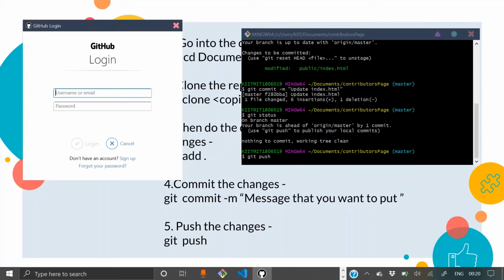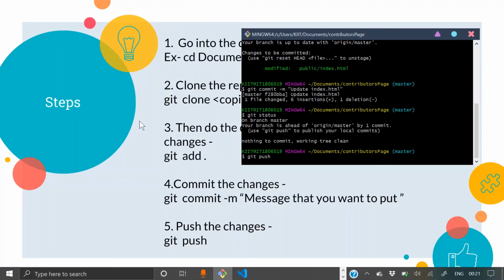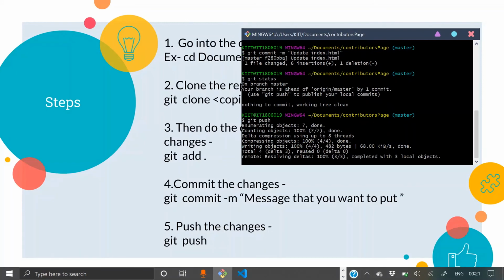Since I am using the other account, I need to log in. So if you are prompted with this dialog box, just log in with thetechhacker11@gmail.com. Write the password. Then login. After logging in, you will be able to push the changes. See,